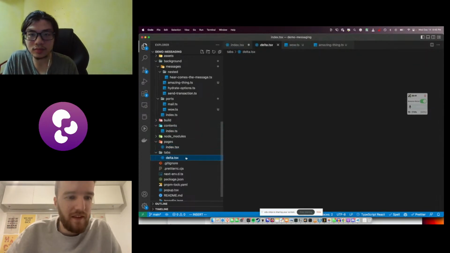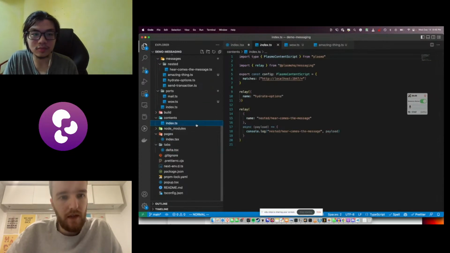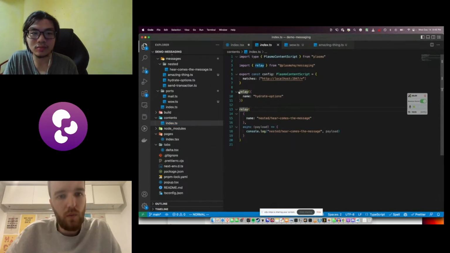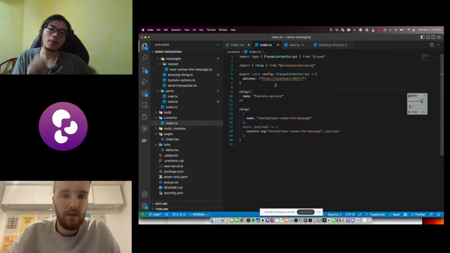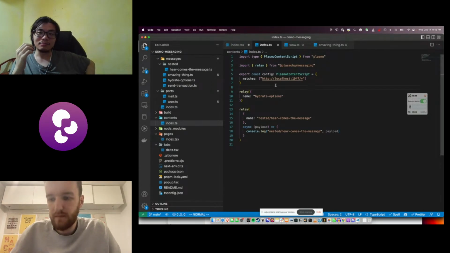Okay, so what I also want to show here is going from a content script and using a relay, Louis. So what is this relay stuff and why is it useful? There are cases where you cannot send messages directly to the background service worker.